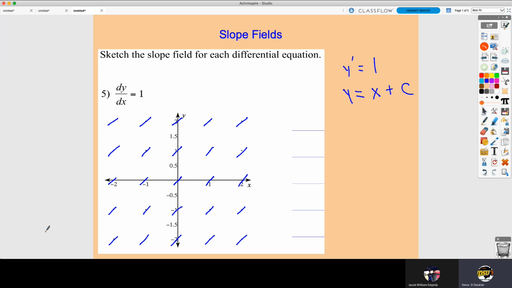All right, so when your slope is just a constant, that's going to be what the slope is on our actual slope field. Now, why do we do that? You guys know we just said that the integral of 1 is x plus c. If we were to graph y equals x plus c, that could be this line going all the way through here, or it could be this line, or it could be this line,